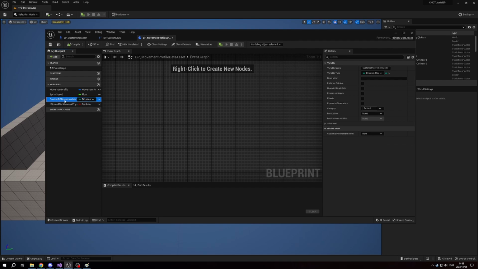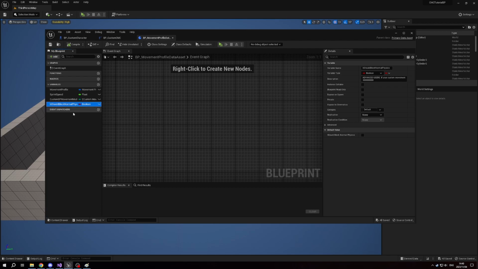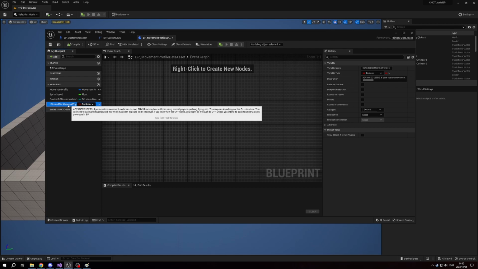So we've got a custom movement mode here. We're talking about the custom movement modes. And this is why we're going to start discussing how we create our own movement modes, air quotes, that's what I'm doing here, in blueprints. And whether or not they should block normal physics. This right here, this block normal physics,